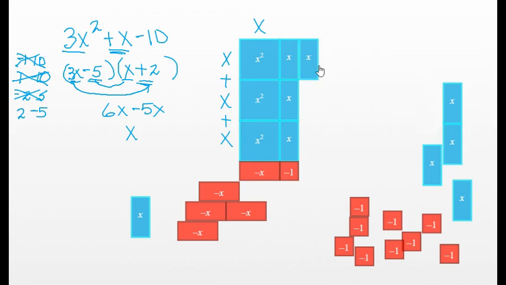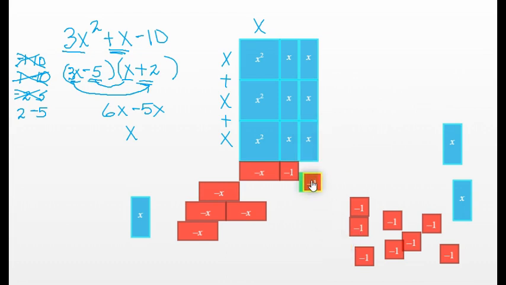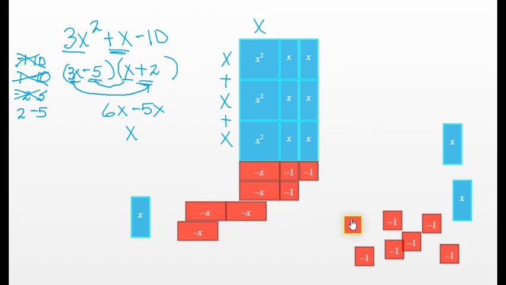So I'm going to try to add another one to each side, and it looks like this. Now, I know that if I add 3 more positive x's, so right now I've got 6 positive x's and 2 negative x's. So these 4 right here would create 2 zero pairs, and I'd be left with 4 positive